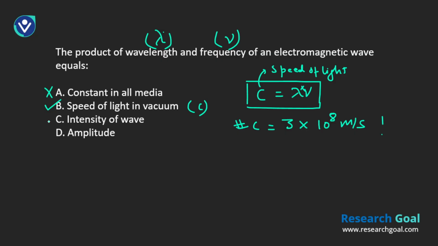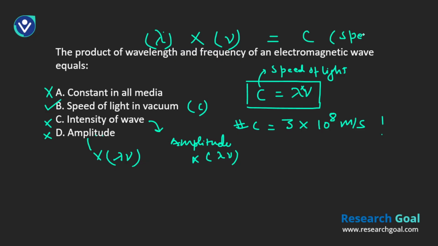It's not constant. All right, intensity depends on amplitude, not on lambda and nu. Intensity is going to depend on amplitude, not on lambda and nu. Okay, this is also not correct. And amplitude is unrelated to this. Amplitude is again not related to lambda and nu. So these are the relationships that you have to understand to answer this. I hope now everything is clear. The product of lambda and frequency is nothing but C,